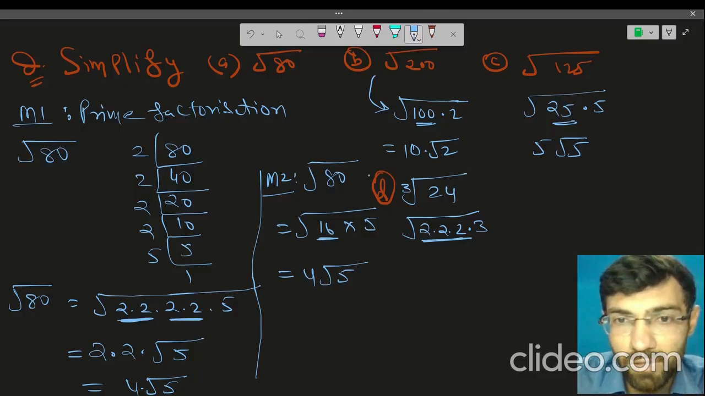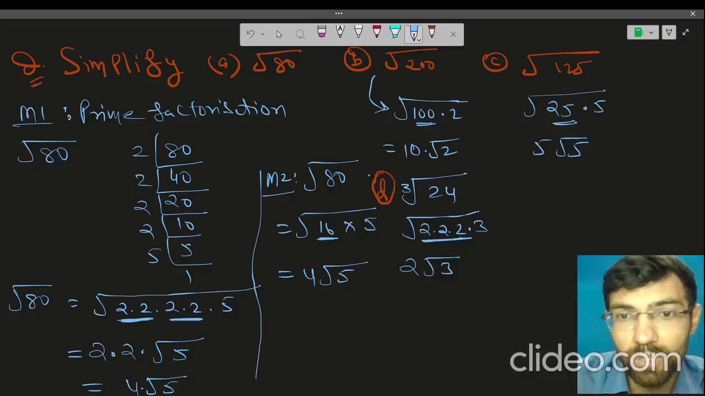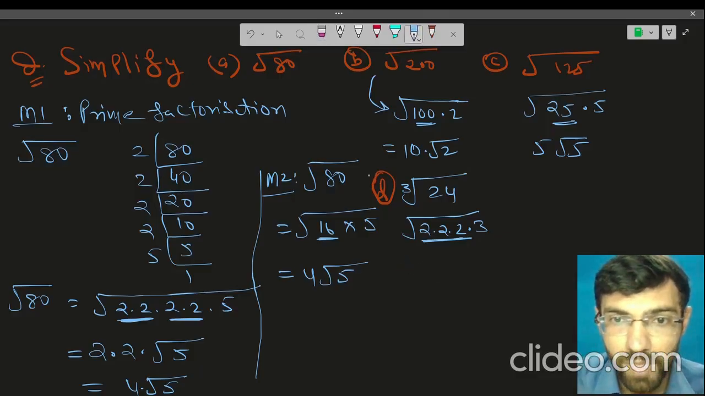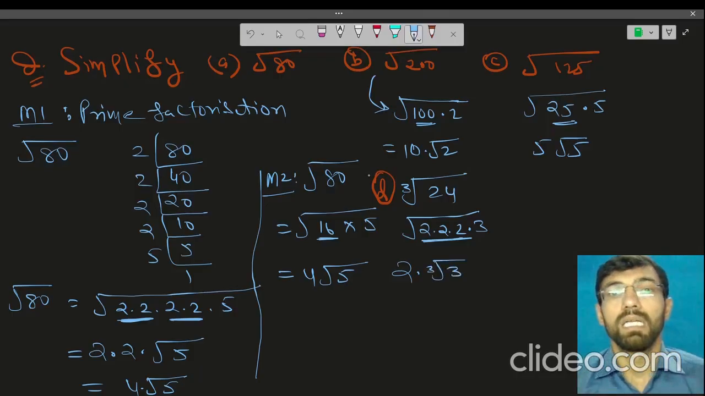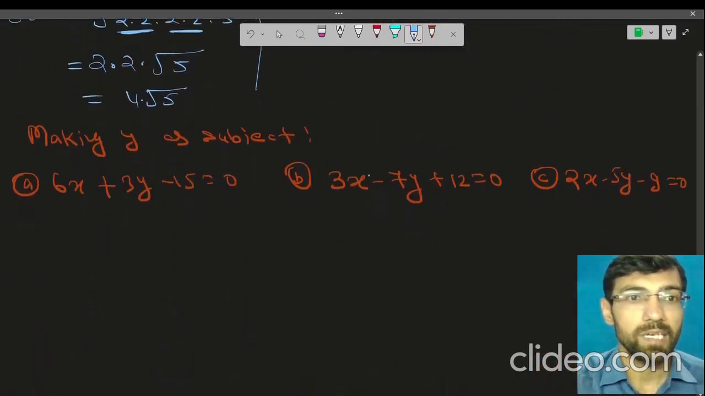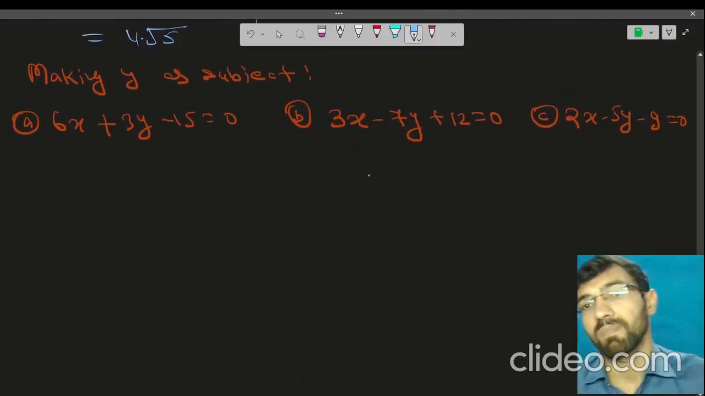So for the 2s, one 2 will come outside, and then this 3. 2 into cube root of 3 will be the answer. Okay, let me write it correctly. 2 will come outside, and cube root of 3 will remain inside. Yeah. So this is quite important that way. So this was about simplification. Next is, yeah,